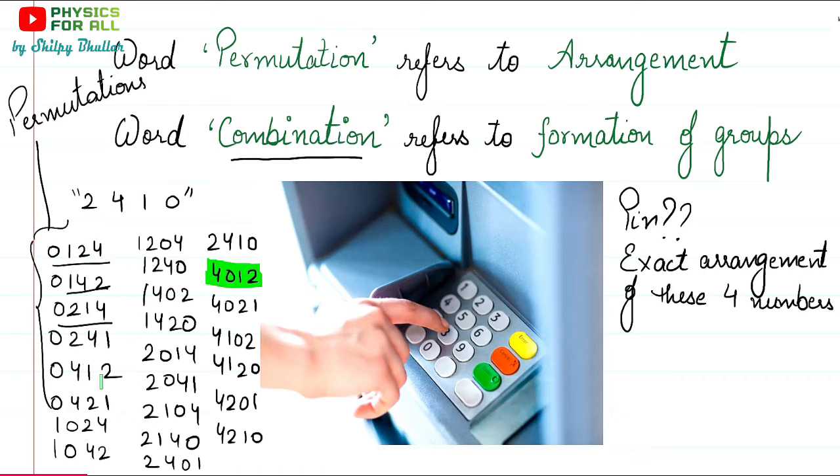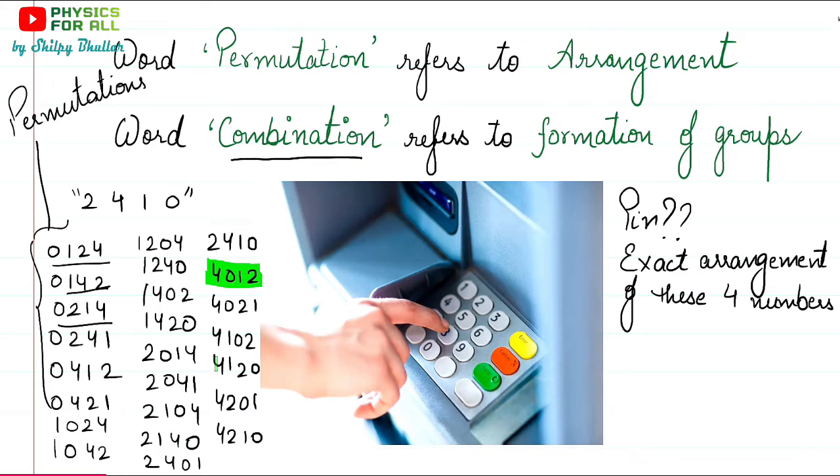But he tried all these arrangements. So his friend just gave him a combination of 4 numbers, that okay, these 4 numbers are there. Maybe he must have forgotten, so he just couldn't remember. He could only remember the digits involved in the pin, but he forgot the order in which the digits were arranged. So he just simply told him all the 4 digits, and then he tried all the possible arrangements of these 4 numbers. And then obviously, of all the possible arrangements, one would be the correct pin,